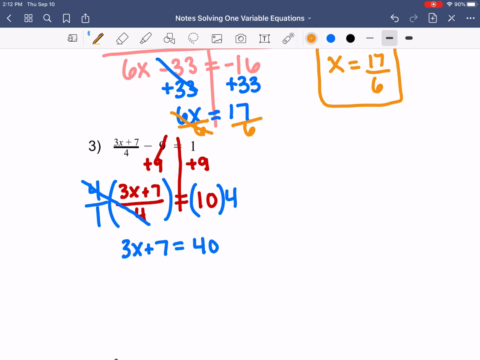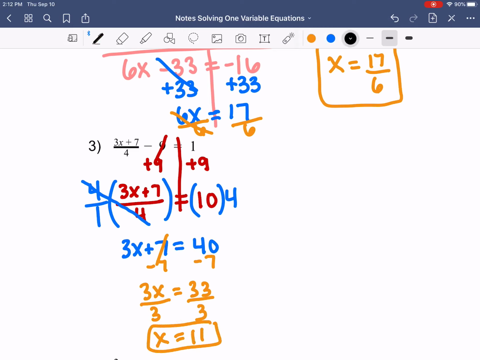And now it's just a two-step equation. Two steps. Subtract 7, divide by 3. X equals 11. I forgot to check my answer on the last one, but remember the way that you can